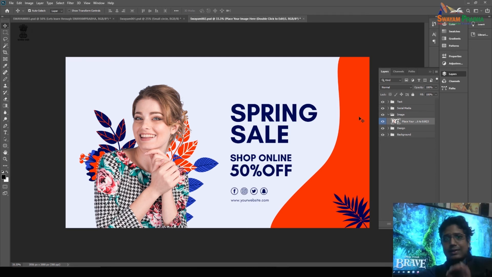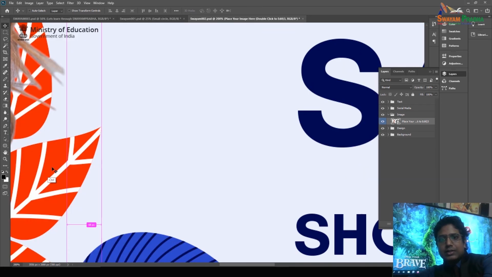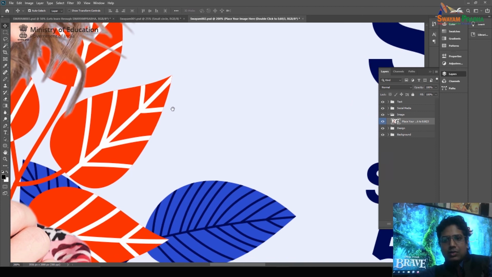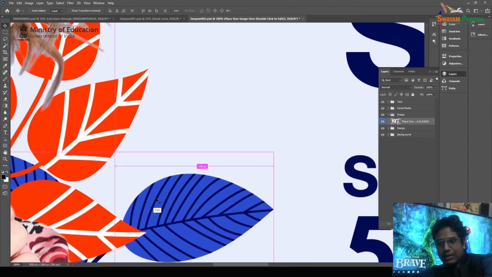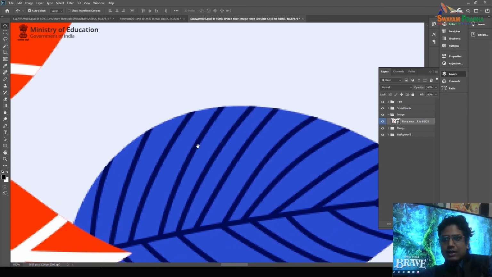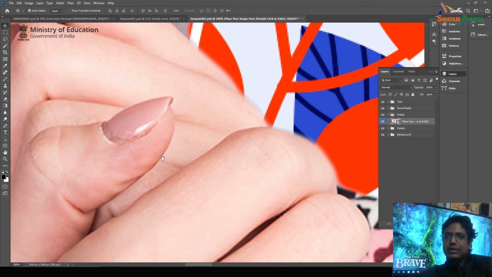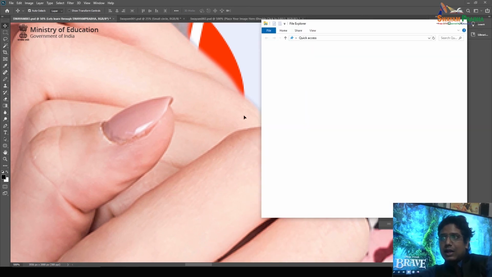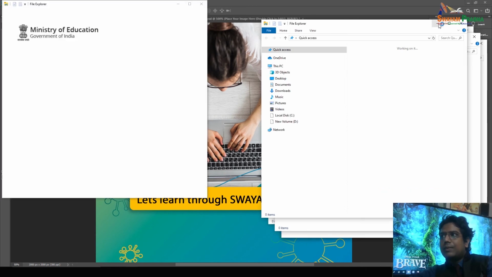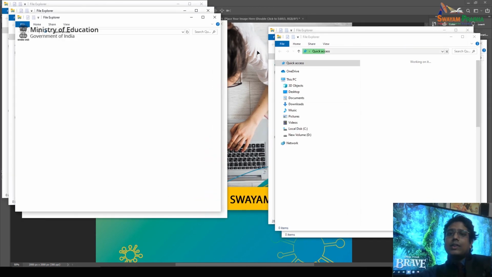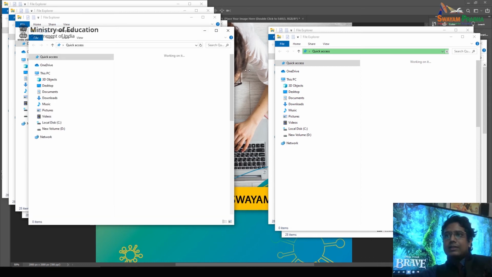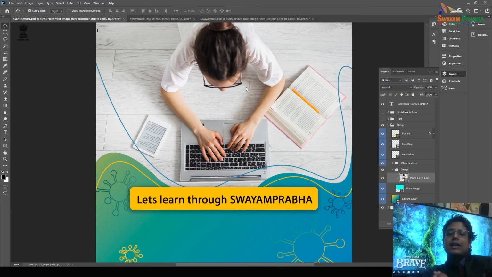So now it's time to discuss the problem. For example, this is one of the layouts over there. Now what I'm doing, I'm just zooming the picture. Let us see, it's only around 200%, and now you can see it has started pixelating the object. See, this one hand area, this one text, each and everything has started to pixelate now, right? So this is the only problem whenever you are working with Adobe Photoshop. Commonly such a problem would occur in each and every application which is based on raster graphics, right?